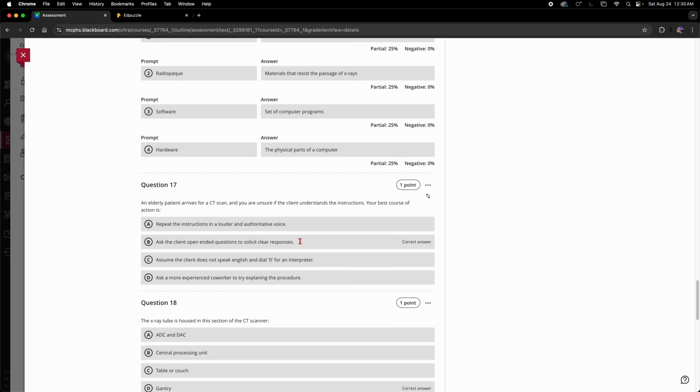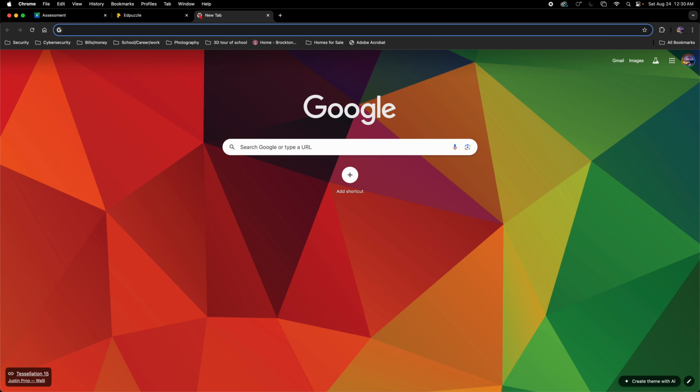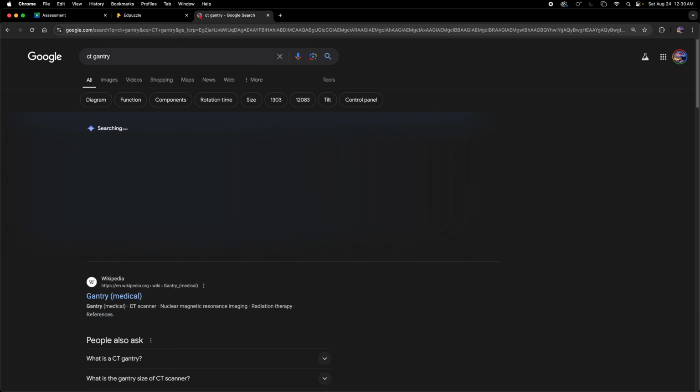Questions like that. The X-ray tube is housed in this section of the CT scanner. The analog to digital converter, or the digital to analog converter, the ADC or DAC, no. The CPU, no. The table or the couch, no. The gantry, it's in the gantry. So, CT gantry. As a reminder,